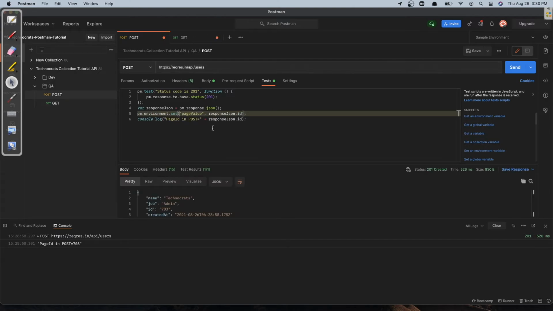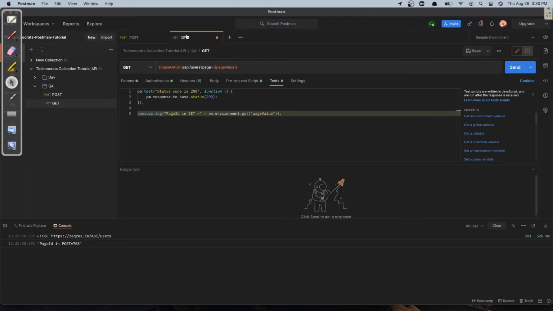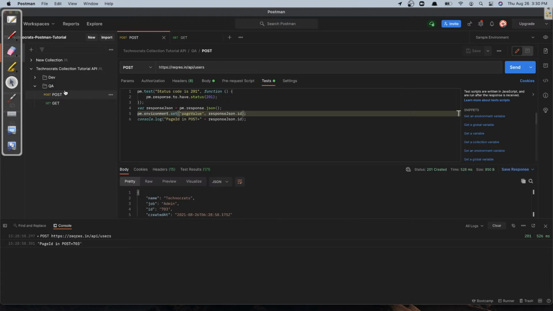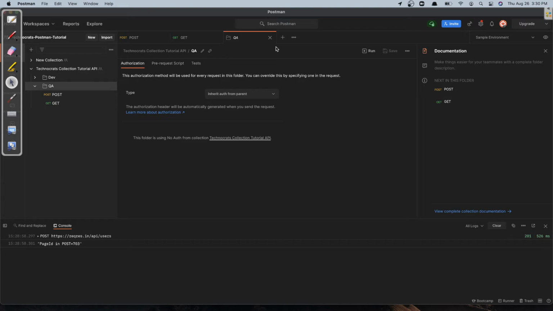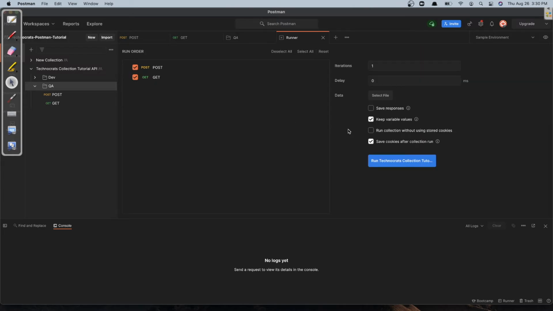So now let's save these two tests. Now you know that for chaining of a collection we have to basically set an environment variable value which can be used as a request input into the second request which we will be calling from our runner. So once again, let's go ahead and run this collection. Before that I will clear this console and run. Same settings, and we will just click execute.